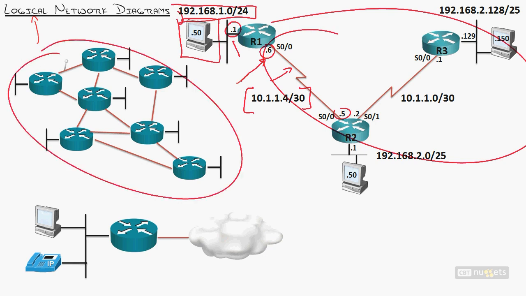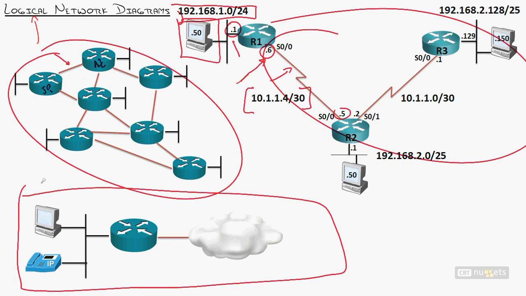Maybe I'm looking at the inside of my service provider network. I want to see how my different routed devices are connected together. Well, we might see a diagram like this, which represents thousands of miles of territory. I mean, this could be Arizona, and this could be Japan over here on the left-hand side. So we could just be focusing on the routed infrastructure, or maybe you have something like this, which might be used in a small business environment where you're saying, okay, this is my internal core. Here, this line represents the switch. Here's my PCs and IP phones connected to that going through